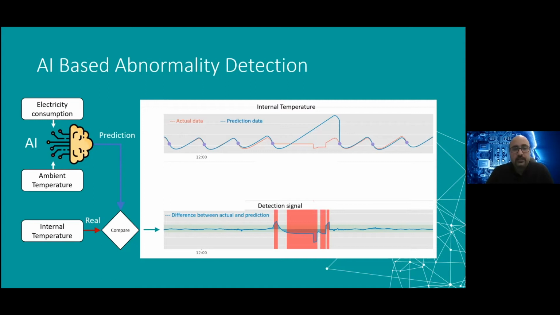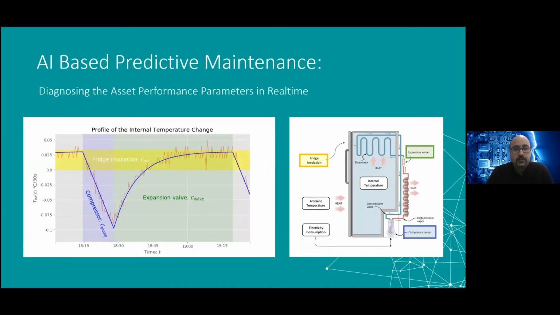And as soon as the difference between these 2 charts increases, it means we are expecting a fault in the system. It can be anything. It can be a loose rubber door, a seal, or a power failure. If this pattern changes, the system can automatically detect this fault with the method we're using, abnormality detection.